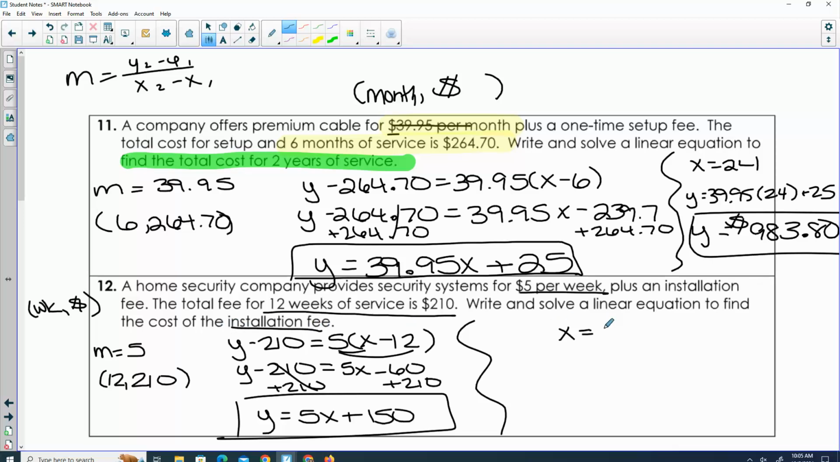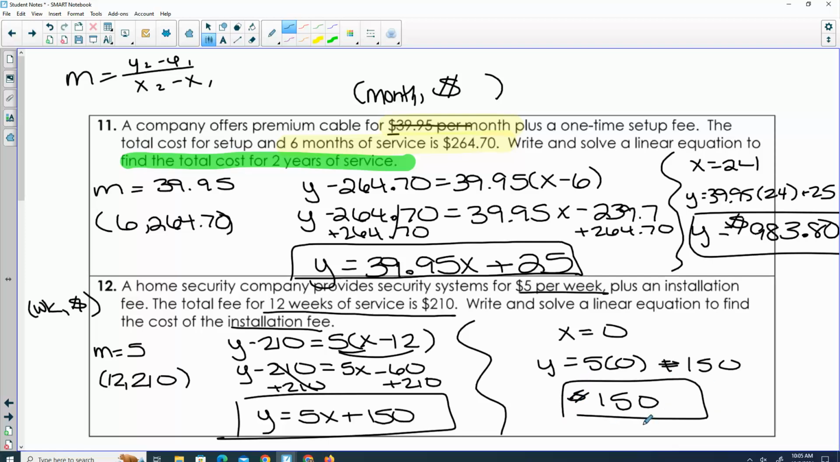No. So it's kind of like saying when X is 0 is another way of thinking about it. Or you could realize installation fee is our one-time thing. So either way, even if you plug in the 0, we get the same thing. So $150 is our installation fee. All right,